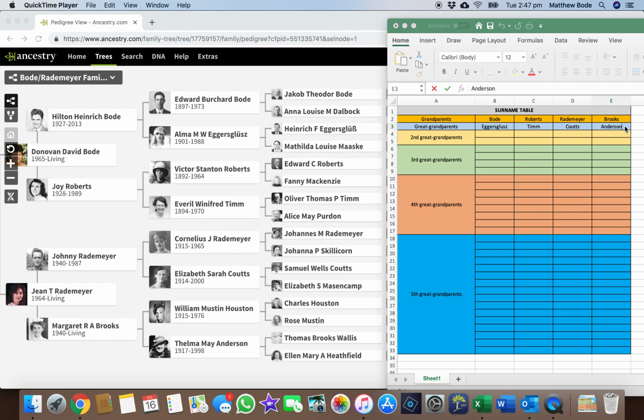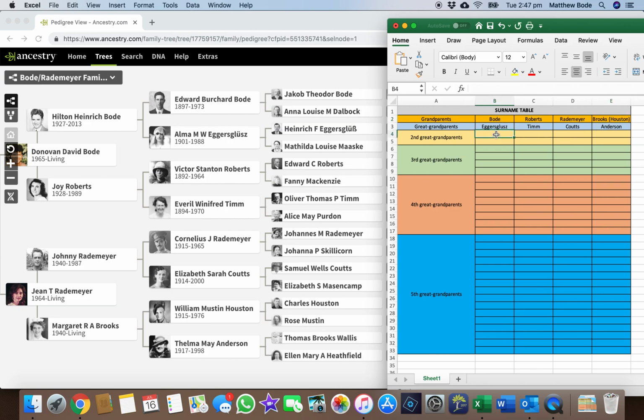Something to be mindful of as we build out our surname table is accounting for the illegitimacies and adoptions within our family. For instance, I have 2 generations, an example of each. My maternal grandmother was registered under her mother's adoptive name at birth. She never took her biological father's name. However, if I wanted to account for that, I would simply place Houston in parentheses adjacent to her maiden name,